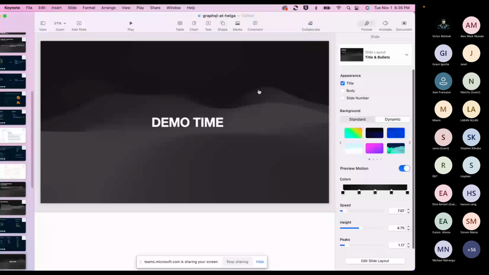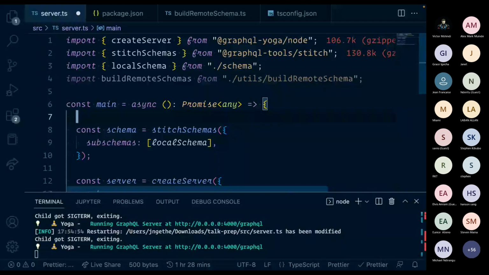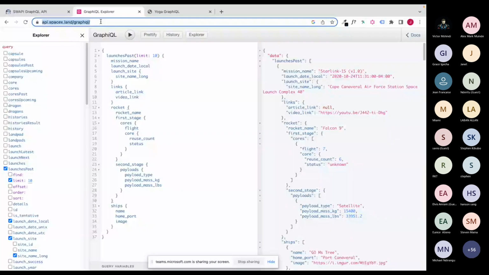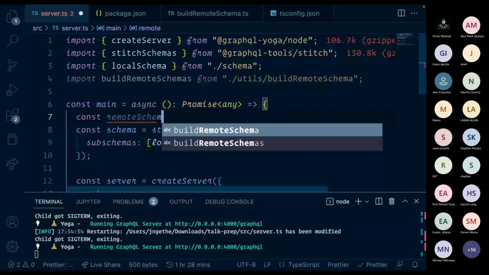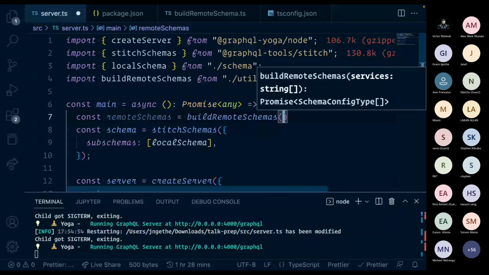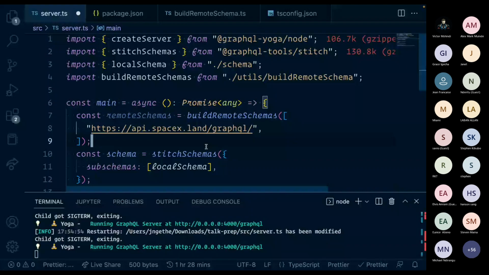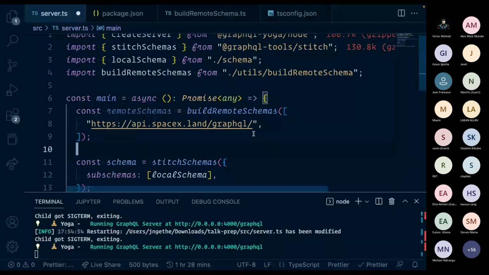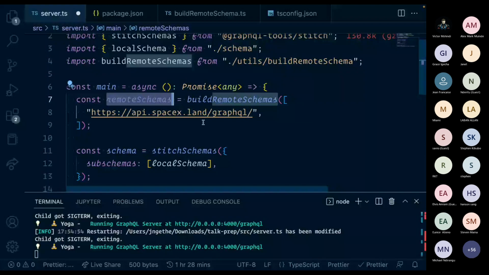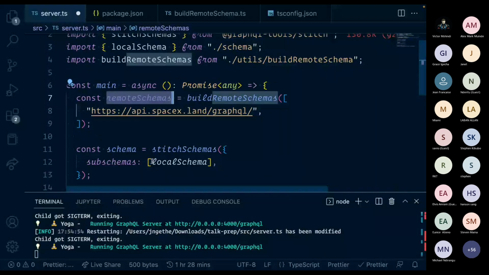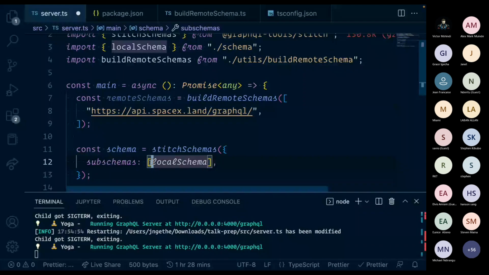Then locally, what I'd like to do is add this, let me just copy this. Then I'm going to create some schemas here. And I have this utility function which just takes arrays of remote schemas, introspects them, and returns the schema. There are different ways of building this, but here we are just using introspection.